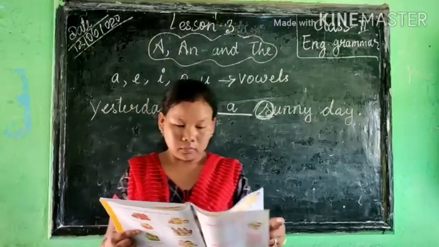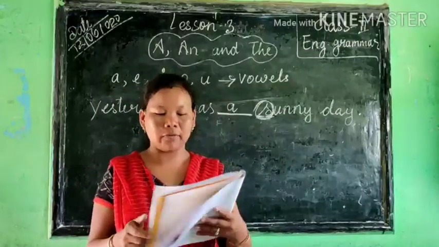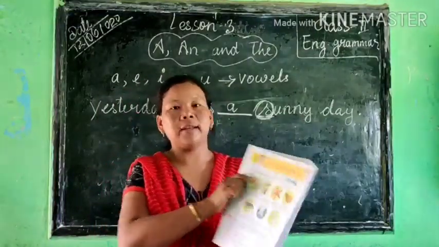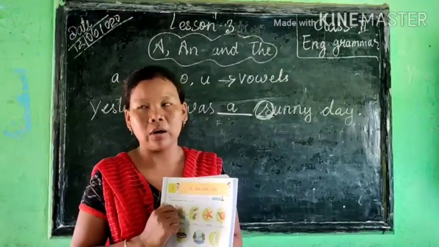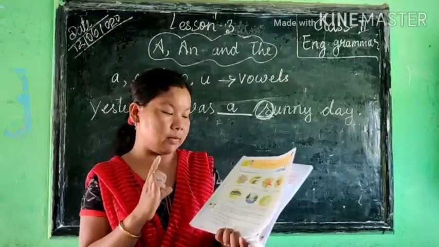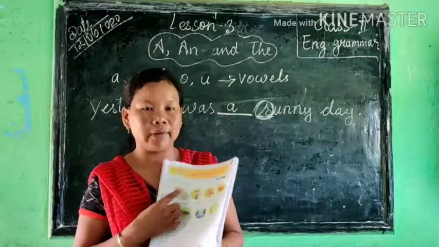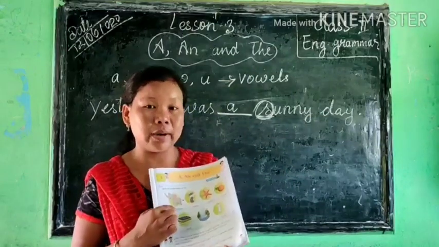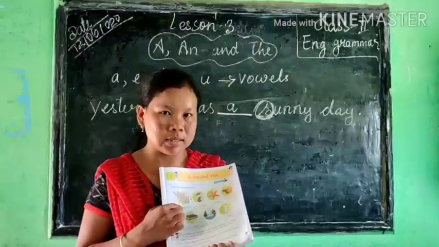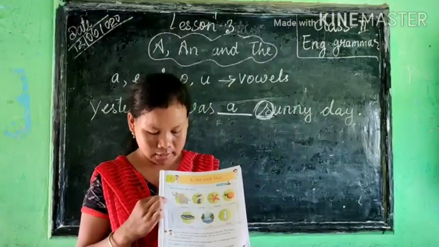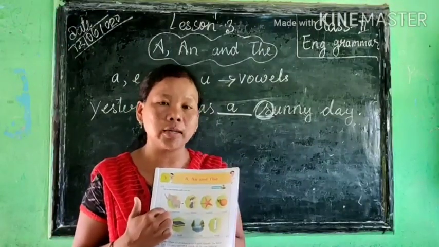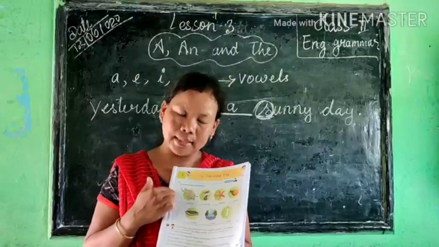Now we have not done the first exercise, right? Fill in the blanks with A or N. हम लोग को A और N से fill in the blanks करना है. Yeah, elephant. Elephant. First letter is what? E. So it is a vowel, right? So if it is a vowel, what do we have to write here? Yes, we have to write N.